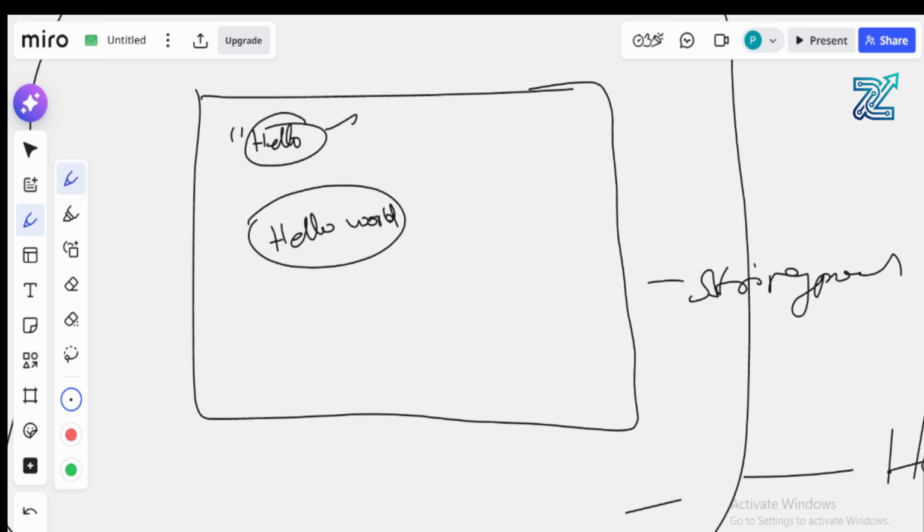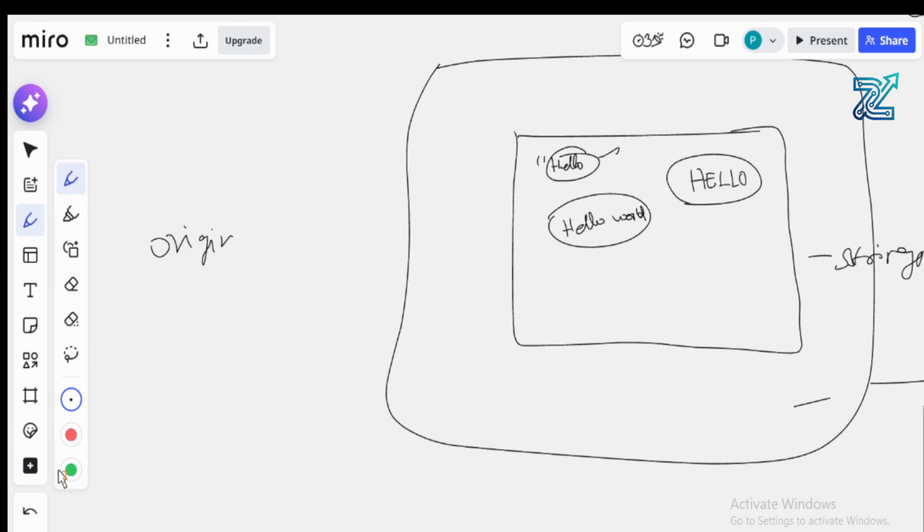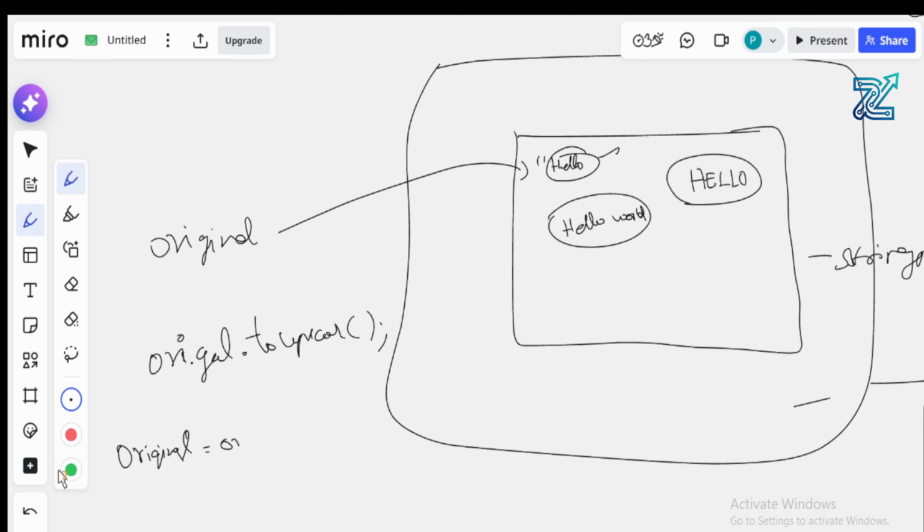Same goes for the capital case, that means a capital hello will be created here. So now what's happening? First, original will be pointed to this string, this is the hello. So if I do original dot toUpperCase, it will do nothing. So if I do original equals original dot toUpperCase,